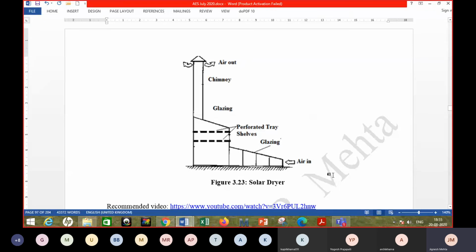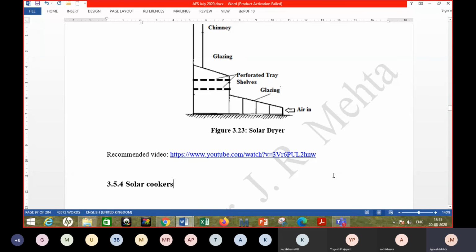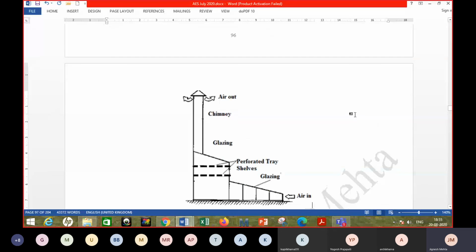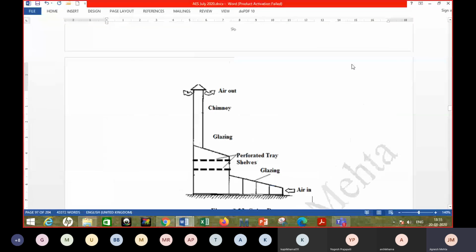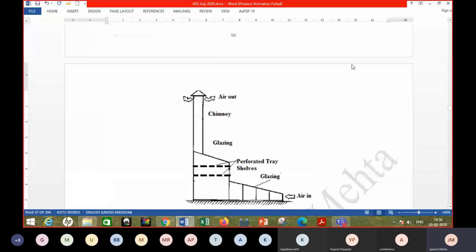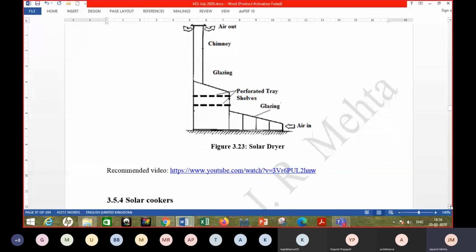Okay. So this is the application of the solar energy for drying purpose, and there is a video in which one researcher is talking about a particular type of solar dryer, its construction details, as well as its application for agricultural drying. I think you'll be able to watch it in the next class. So we can start with that in the next class.